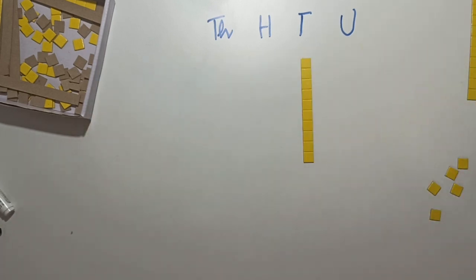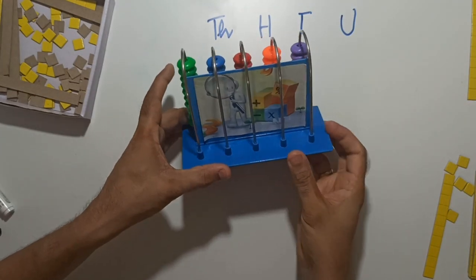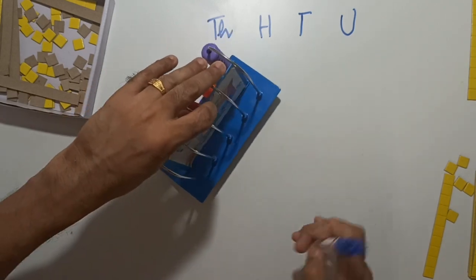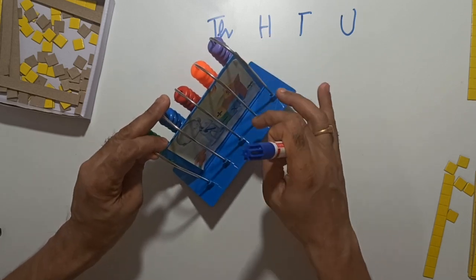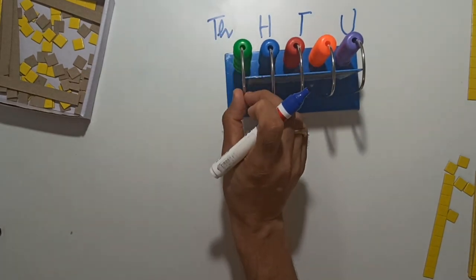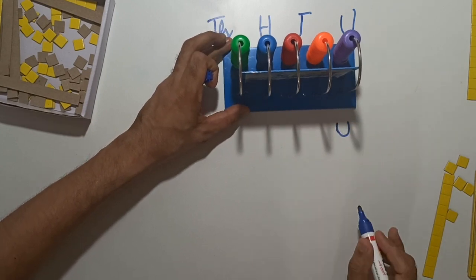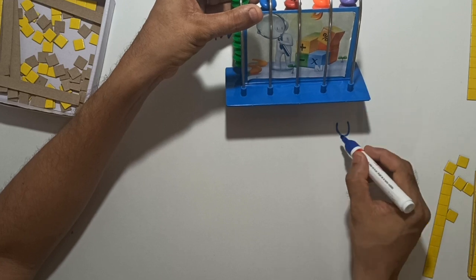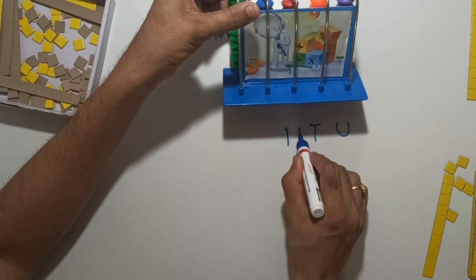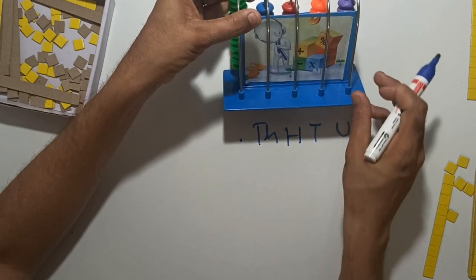So what we do is we use another instrument from here on, which is called abacus. Okay, so this abacus we use for representing numbers. What the abacus that you have has got five columns, right? The first one, just ignore the leftmost one for now. The last column on the right will represent units. So this column represents units, this column represents tens, then this column represents hundreds, then I have thousands, and the last column for now just keep it empty.